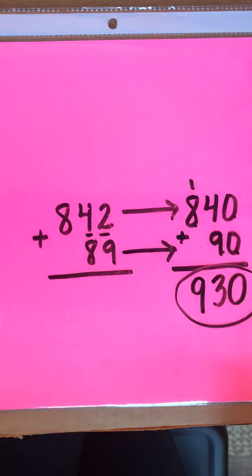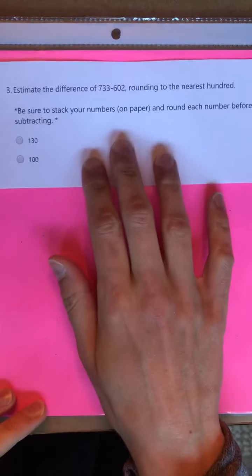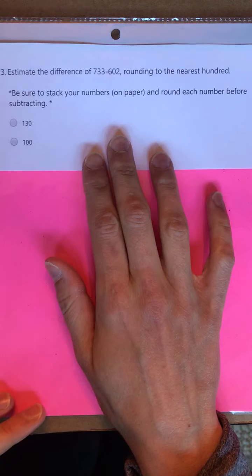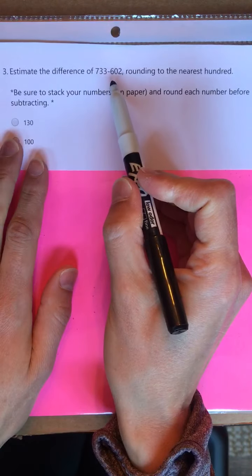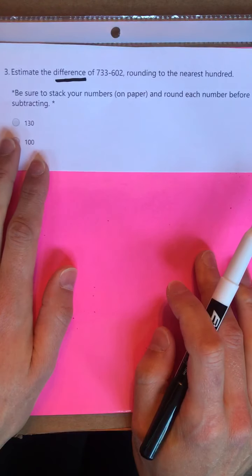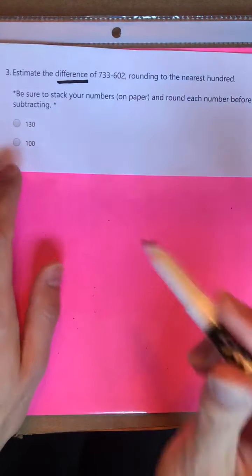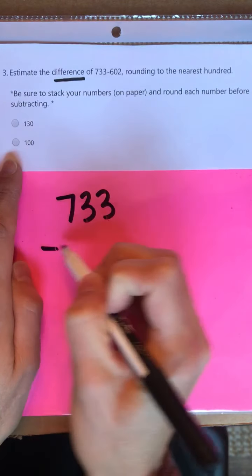Okay, friends, let's take a look at number 3. Number 3, I'm really going to let you do a lot more independently since I really walked through that one with you and showed you all the steps that you need to do to solve. Okay, so this one says estimate the difference of 733 minus 602. Difference means the answer when you subtract. So 733 minus